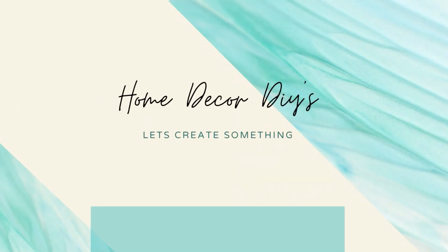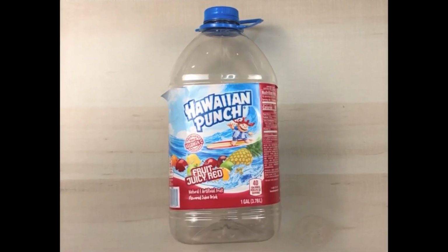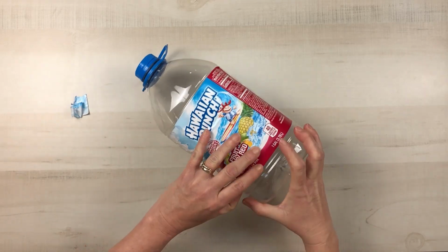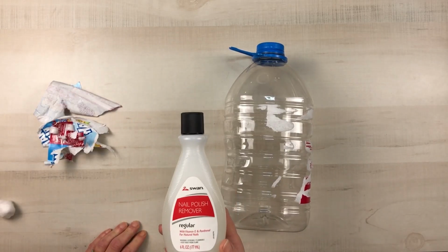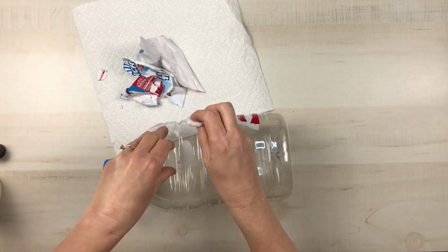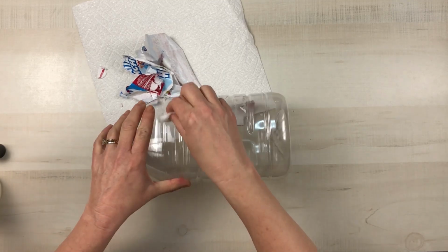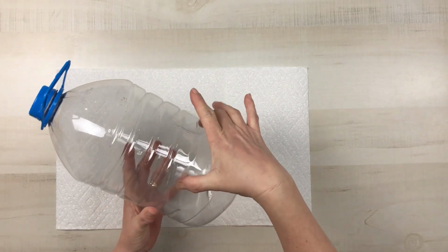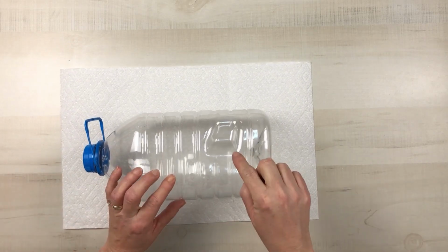In today's video, I thought it would be neat to take something that you would normally throw away and turn it into a home decor piece. I am using this Hawaiian Punch container and I went ahead and removed the label and what little pieces of label that I couldn't get off and the stickiness, I used some nail polish remover to get the rest of that off. It has some handles on the side of it,